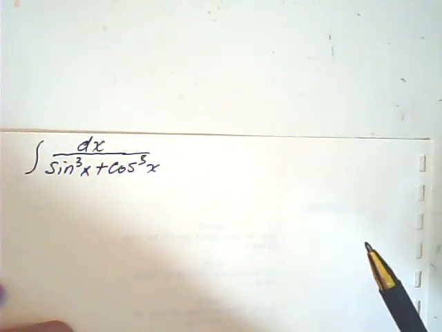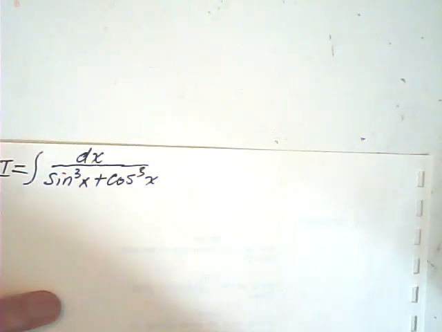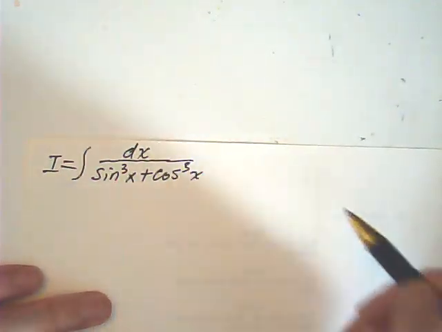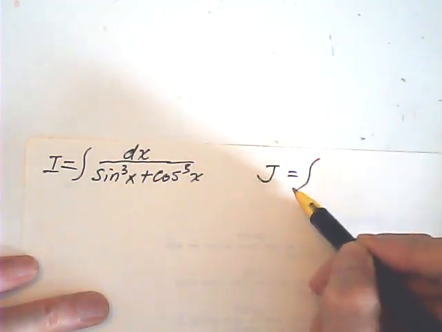I believe this integral should have more than one method to do, but it's not easy. Now, here is my method I would like to share with you. I call this integral I, and I create another integral J, which is equal to